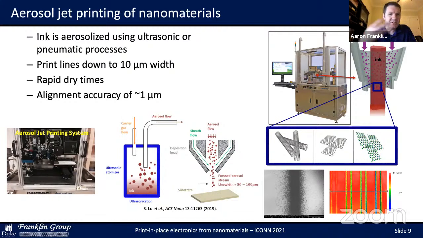And this versatility is really what makes this an attractive printing technique for use in my lab. We want to use nanomaterials and other nanostructured inks where we can add different additive or binder features to achieve certain properties in the printed films. So the dynamic range of the AJP is really a substantial attractive feature compared to other techniques.